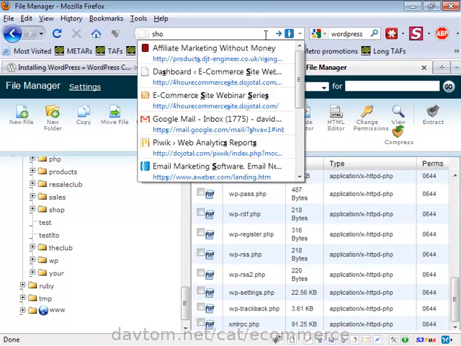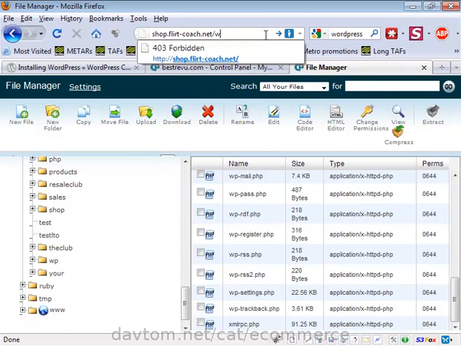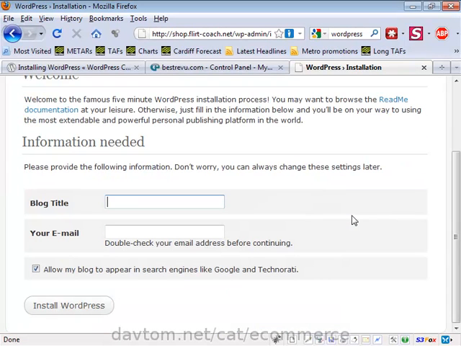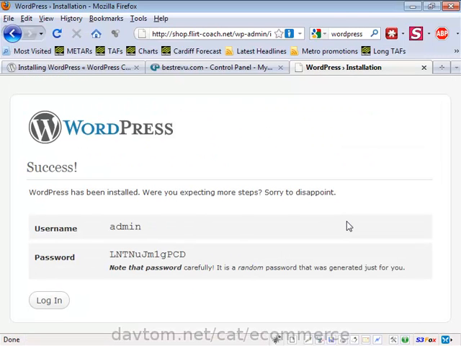So install.php. Okay. And I'm going to just put in my details here. Yes, allow my blog to appear. There's nothing wrong with that. Install WordPress, and that's it. And now we have a password being generated. Now I'm just going to copy that password, log in,